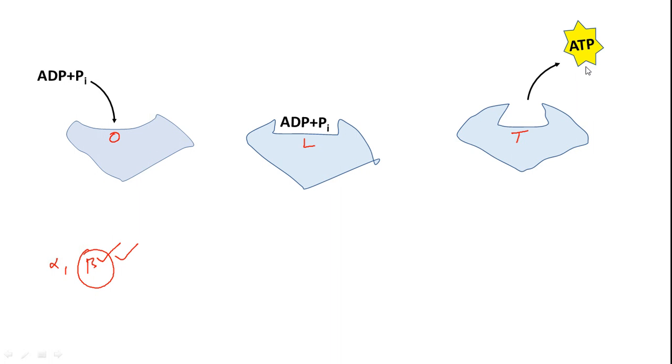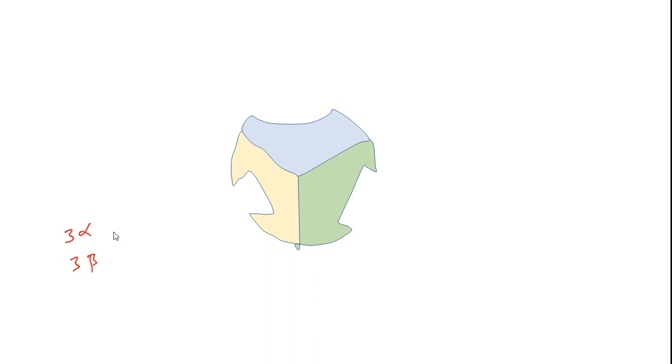Okay friends, this is the way the conformational changes happening in the beta subunit result in biosynthesis of ATP. And when you see, in case of the F1 subunit, you have 3 alpha units and 3 beta units in an alternating arrangement. If you take that into consideration, the 3 pockets are there. Let's presume that we have alpha units here, here and here. These are the 3 beta units.